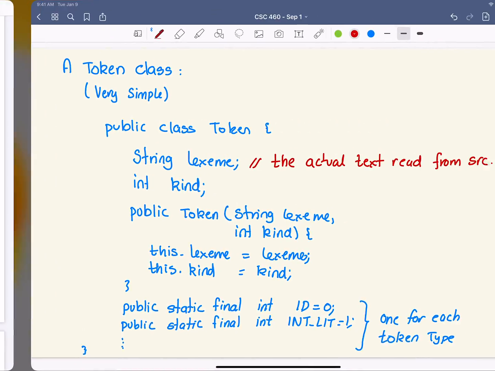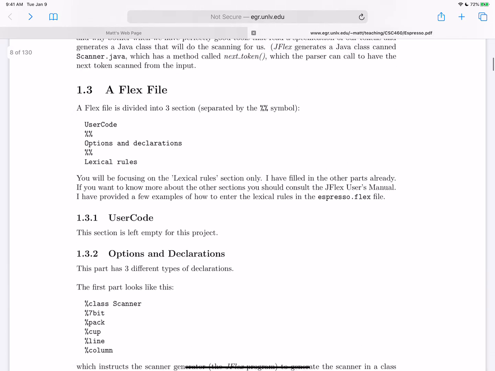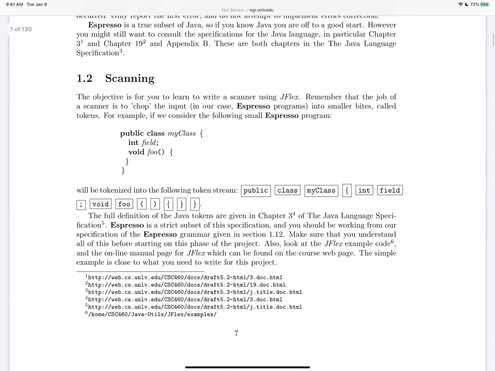So if you look up here at this stream of tokens, public, my class, field, and foo, those might be grouped into a kind that represents a whole bunch of different values.